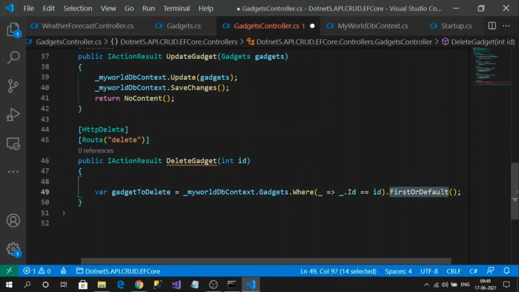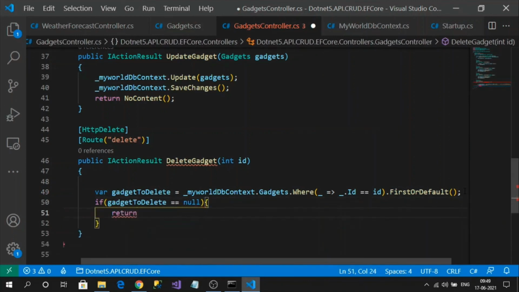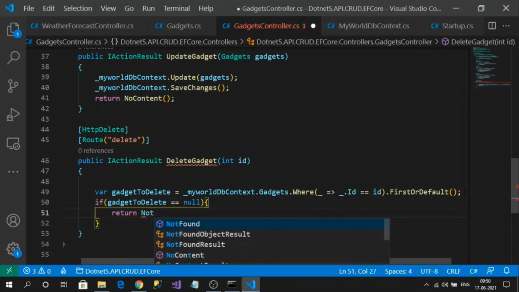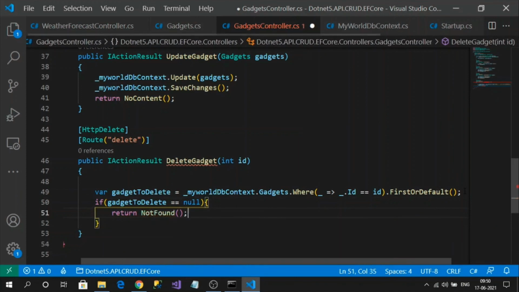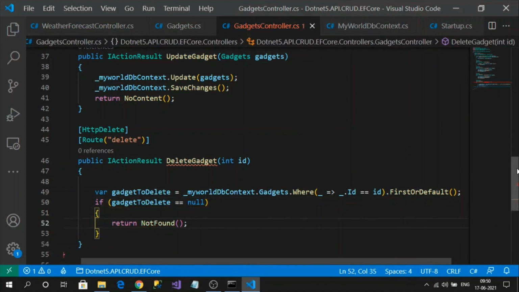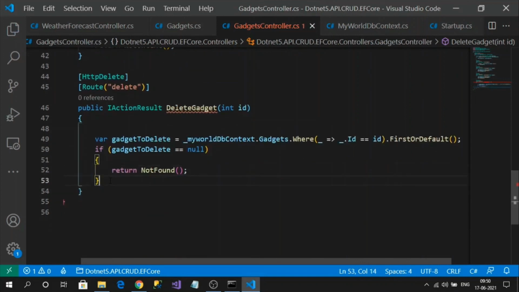If the data does not exist, meaning it equals null, the record is not found, then I can return a response like not found. If the record exists, then we have to delete it.